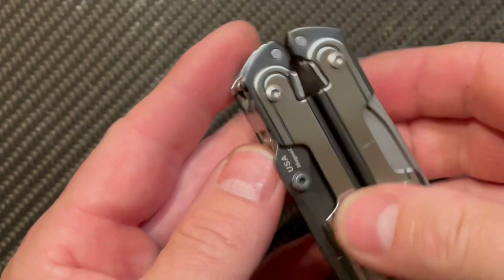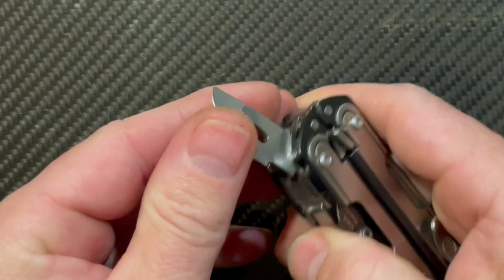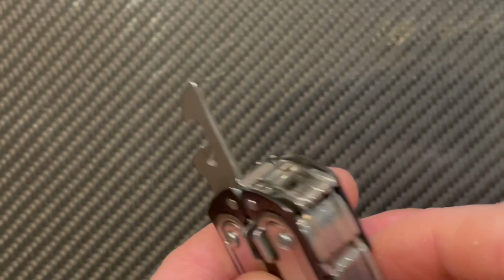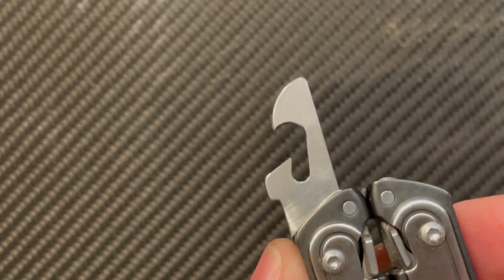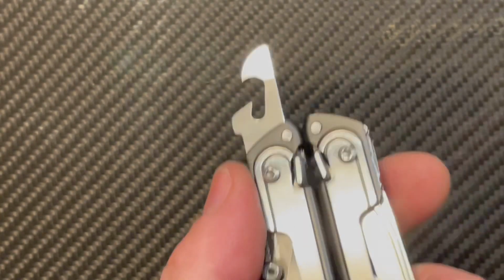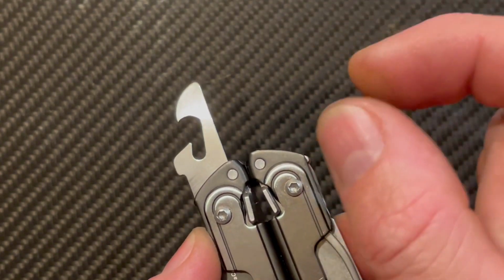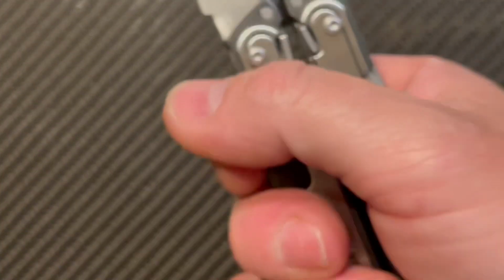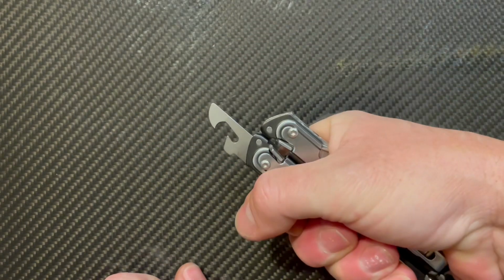Second modification in there involves grinding as well, and it was done on the can opener. So what I found, I use a hook quite often to grab stuff I cannot reach with my fingers, or for which I don't have enough strength in just the tip of my fingers, but I can use a hook and grip it properly, yeah, and then I have something to pull